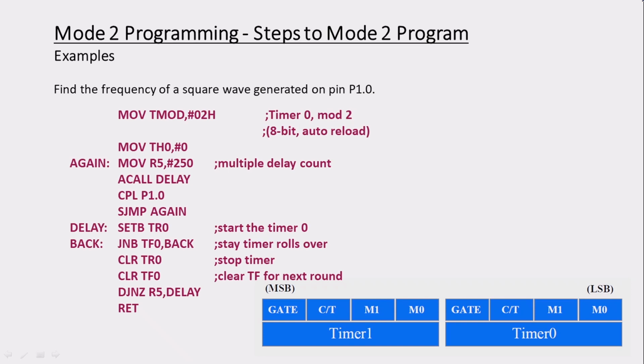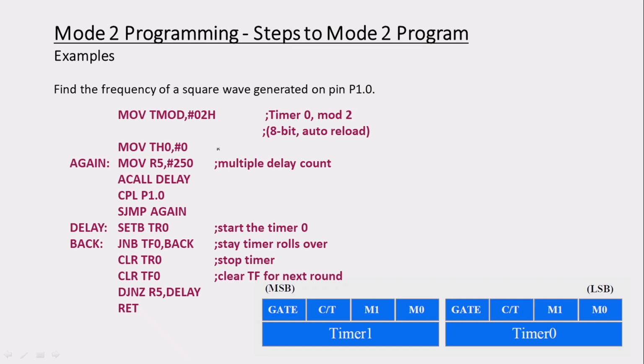But if you want to have more delay, and you want to program in terms of mode programming, then what can we do? That is given over here. Since it is 8 bit, the value is going to be very small. If you want a lower frequency, or a longer time delay, how can we do that? That has been explained in this program.